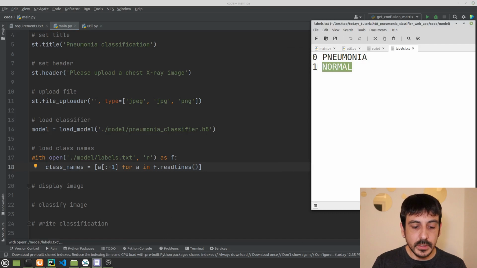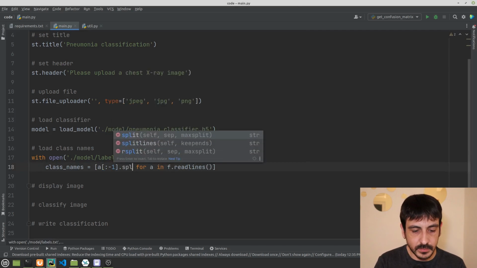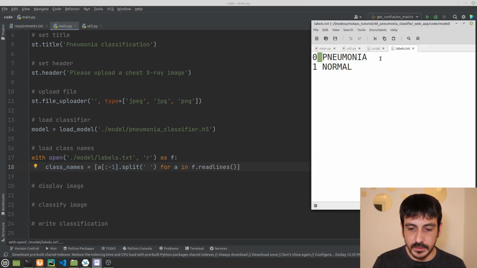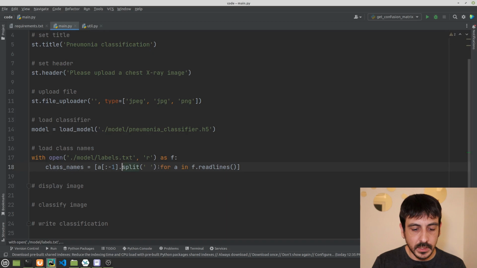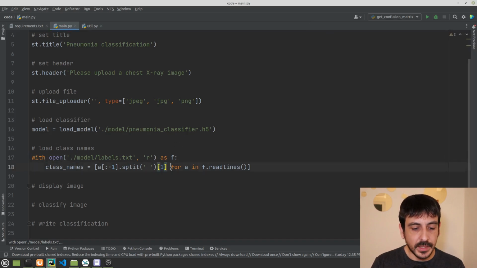So now the only thing we care about are the class names. So now the only thing we care about are pneumonia and normal. So the way I'm going to do it, I'm going to do it in a very, very generic way. So I'm going to do like this. This value that split the space, right? Remember, we have a space between the number and the word and the class name, and then I'm just going to keep the first value, right? So this is exactly how we are going to get all the class names from this file. It doesn't matter how many they are. This is exactly how we're going to get all the class names, and that's going to be pretty much all.